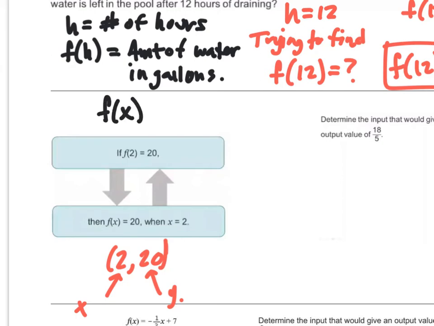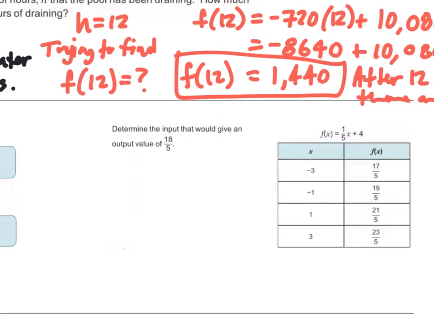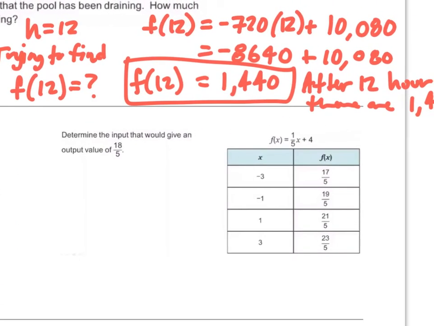f(x) is equal to y, okay? Any function value, anytime where you have this number, parentheses, your variable, that's your y value. So it says that we want to determine the input that would give an output value of 18/5. So what I have here, and it looks like it's going to be -2 based on the table,